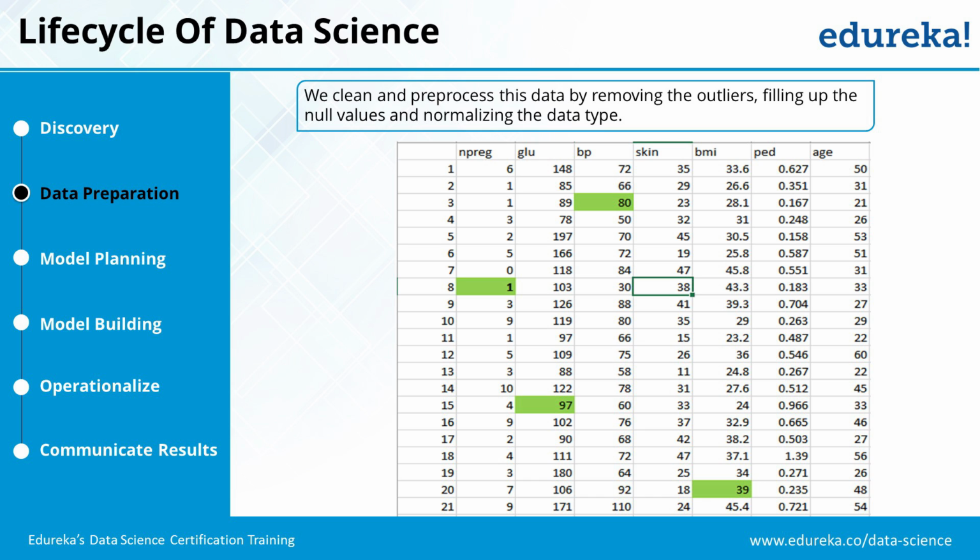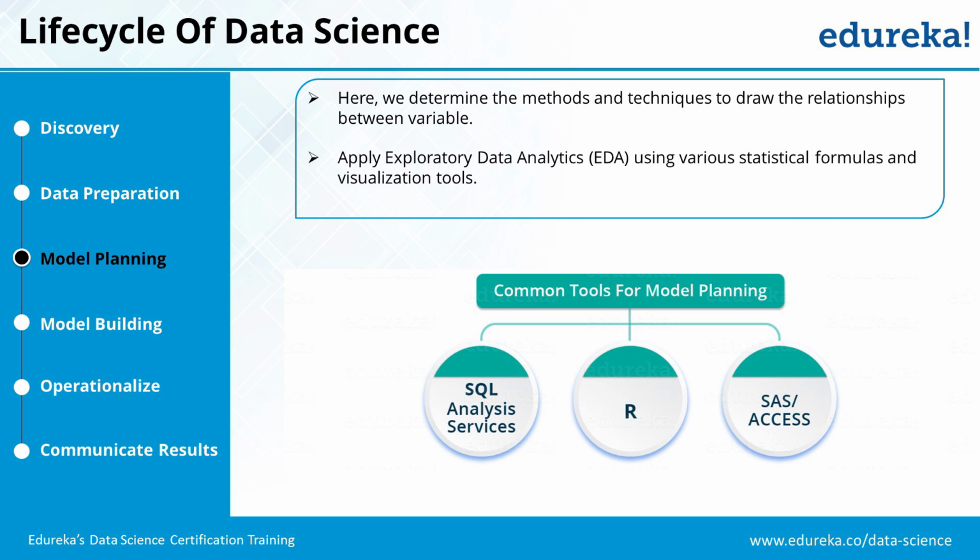Then next we move on to model planning. Here we actually determine what are the tools that we are going to use. We also do some sort of exploratory data analysis where we look at what is the mean size of different parameters, what is the median, what are the most frequently occurring items, what are the types of items, what does the data look like prima facie. We do it in exploratory data analysis, and we use a lot of visualization tools, a lot of graphs to actually understand the kind of data that we have.